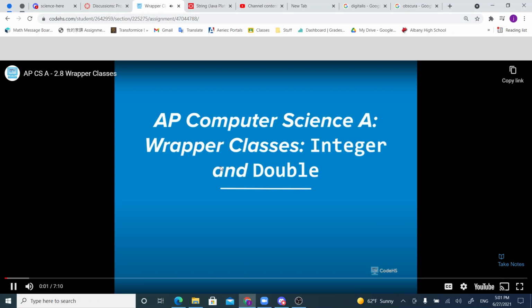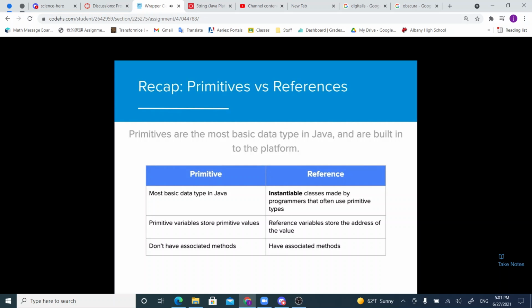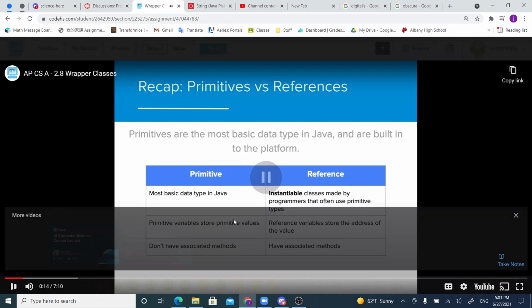Hi, in this lesson, we'll look at wrapper classes. We know that there are differences between primitive and reference types in Java. Each of the primitive types, int, double, etc., are built into the language, while